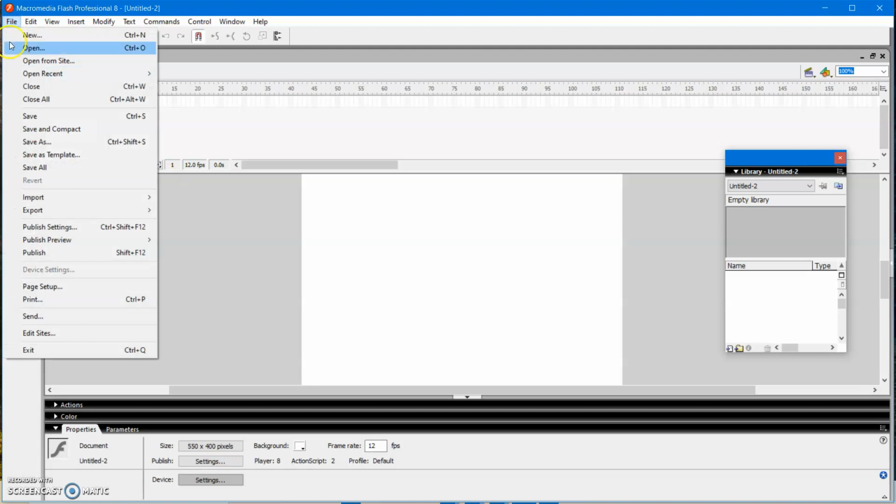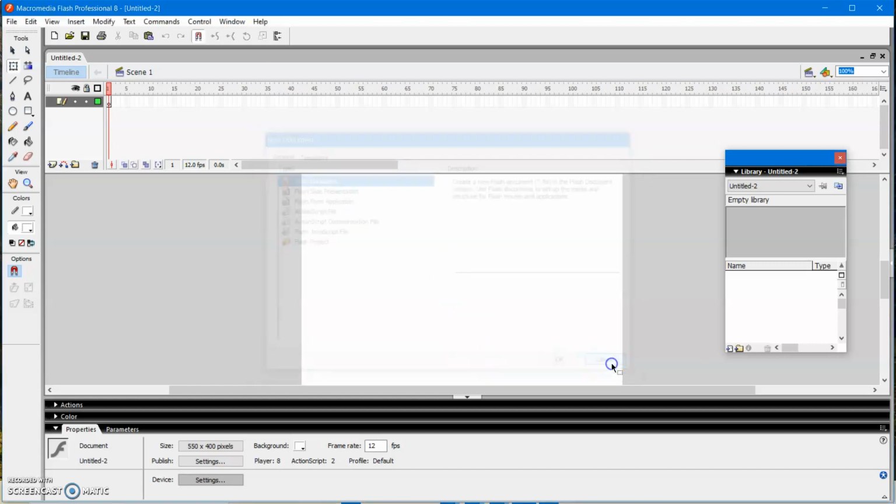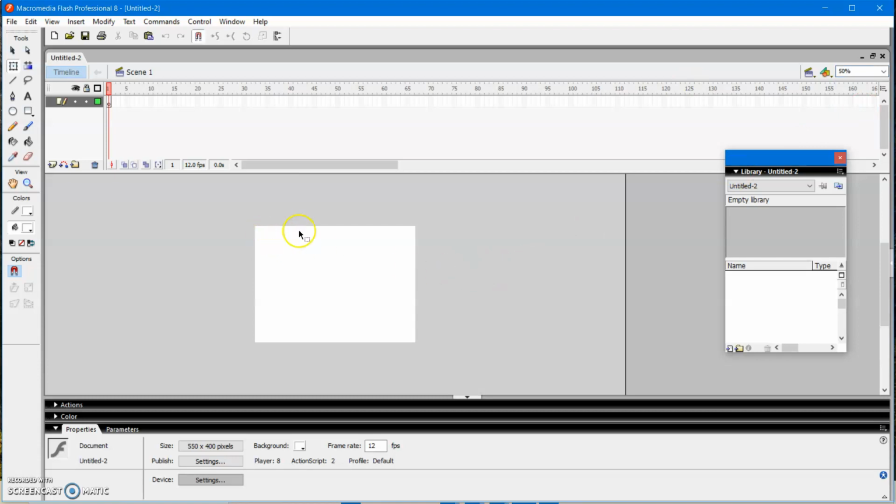Now for a new Flash document, the new Flash document dialog box opens. There you can click on Flash document and give OK. So I went to create new template and I've gone for a new Flash document. Once this is done, look at the right hand corner of the timeline window, you can see the size is 100%. You need to reduce the size to 50, so the stage will be reduced to 50.